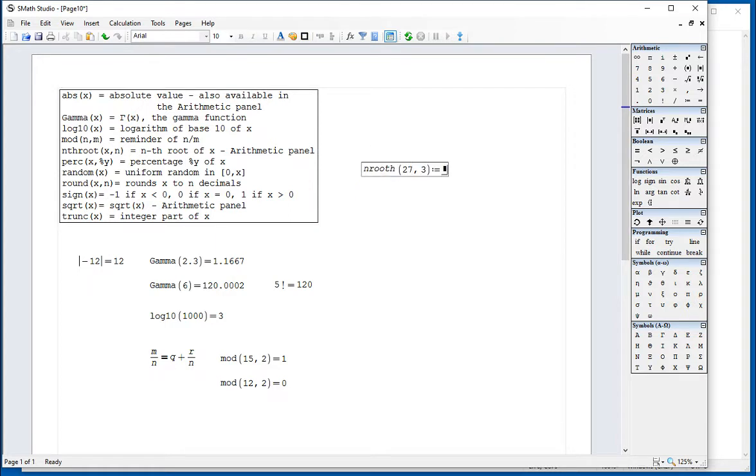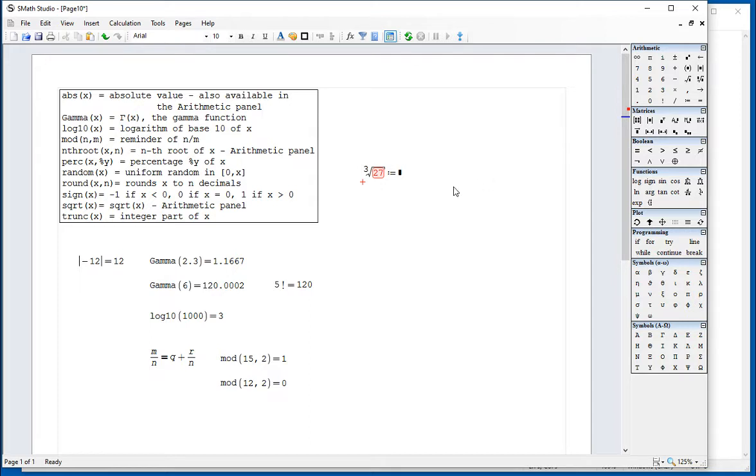Okay, then we have logarithm of base 10. Of any number. The remainder, when you take two integers, let's say m over n, it will give you a